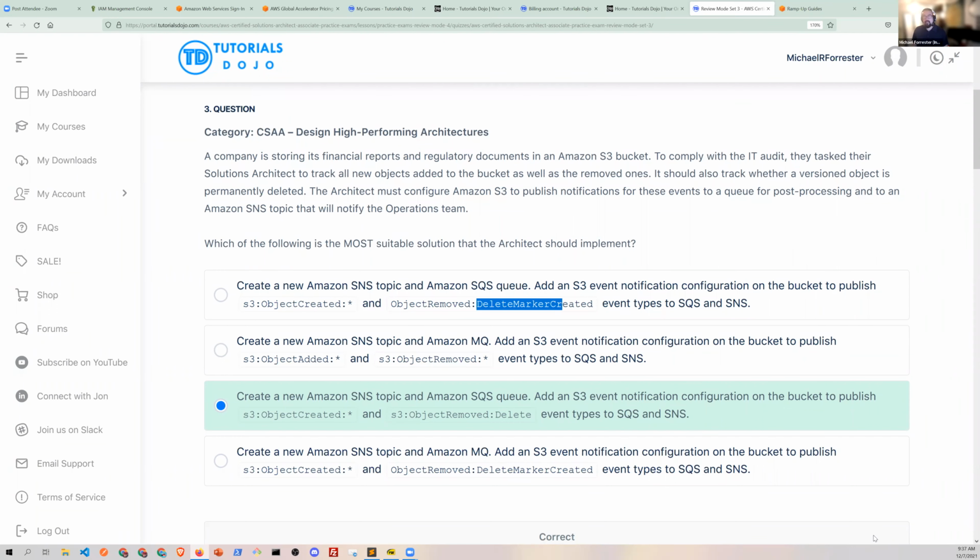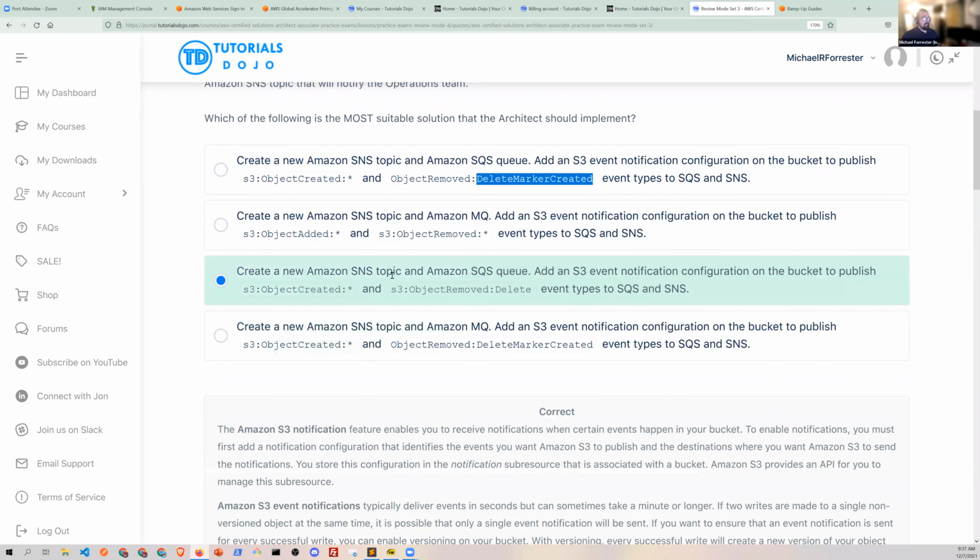Did you follow me there? I know that was complex, but I went for higher order services first, so I chose SQS over MQ. And even though I couldn't remember the API call off the top of my head, I definitely remembered that delete markers are not permanent deletion solutions. This just temporarily marks the file as deleted. It doesn't permanently delete the file in versioning. So this is the kind of thing you have to know in order to pass.